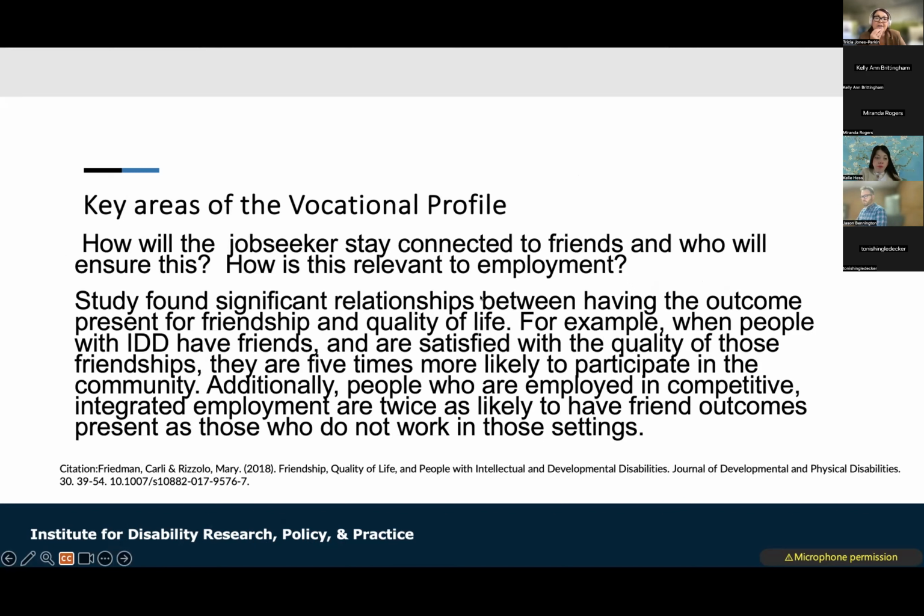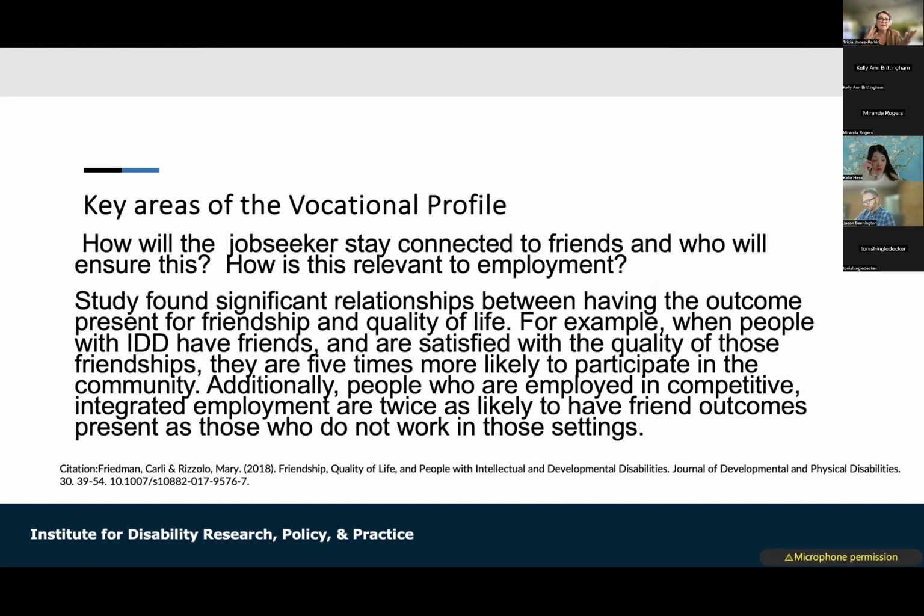This one is interesting in that people don't think about the friendship piece. It's also targeted towards people who have maybe been spending time in a day service setting or a segregated setting, and that's where they've been spending time with their friends. And so, if they're starting to be employed at another setting, in a different place, and they don't see their friends as much, if we don't think about how to maintain those relationships,